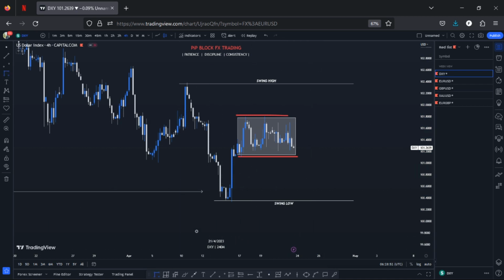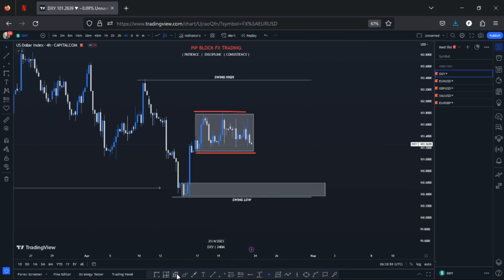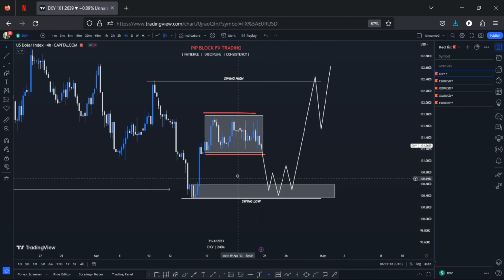But since I'm expecting bearishness, I also have my eyes on this zone right here, this demand zone. If the market opens and I start getting some move to the downside, then I'm expecting the market to trade into the zone and give me a confirmation. I'm not just going to rush into it. I'm looking for any form of confirmation here before I go long on this particular region.